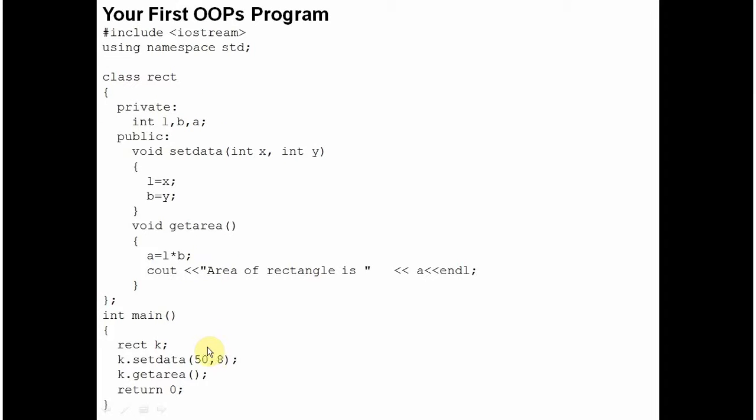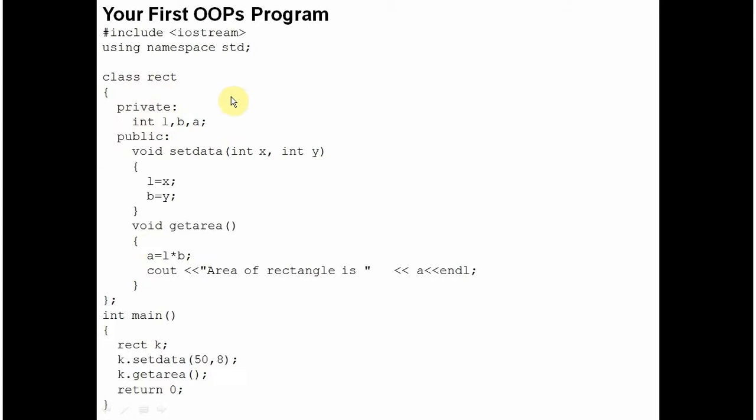It is because of this reason that you can see that the object K is able to access the two methods setData and getArea of this class outside the body of this class. Suppose these methods had been declared as private, and you invoke these methods outside the body of this class, you get an error that these methods are not visible. Right now I'll confine myself to the two access specifiers, private and public. There's one more, protected, but we'll talk about it when I discuss inheritance.